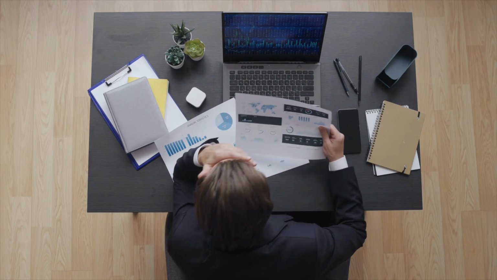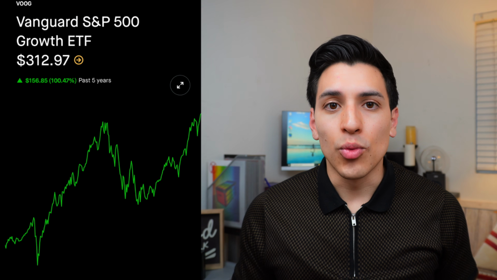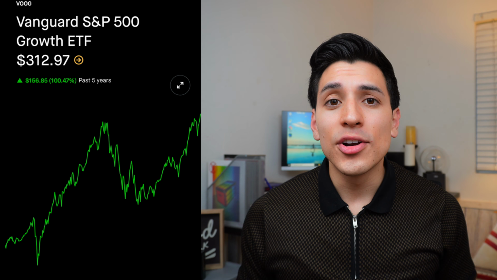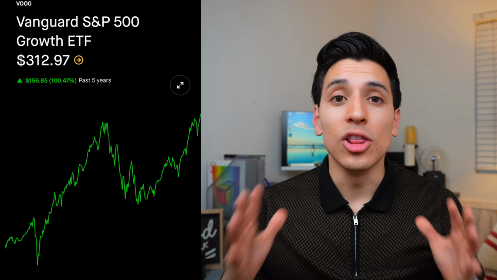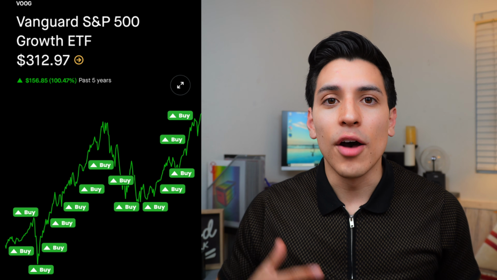I love dollar cost averaging, or DCAing, because it lowers my stress level of investing in my ETFs and timing the stock market. Here's a couple of examples of how to properly dollar cost average. As you can see, looking at this chart, it says for us to buy on the way down of our ETF. I'm assuming this is a daily investment, and as well as to buy all the way up. If we take a look at a growth ETF like VOOG, which is an S&P 500 growth ETF, I would personally dollar cost average into this ETF by looking at this chart like this. See, it's going to be buying regardless of the share price.